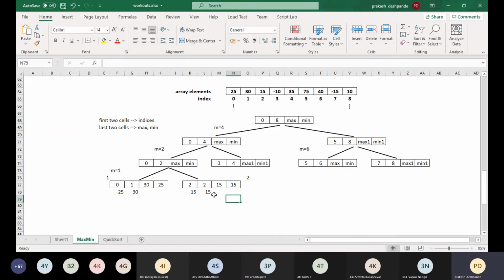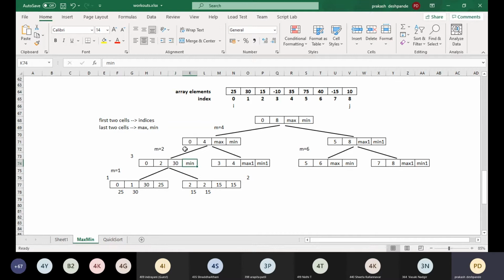What are the index values that we need to solve now? 0 and 2. This particular subproblem we now need to solve because we know the solution of its subproblems here. So next, this particular problem will get solved. Now we need to fill this particular max. For filling this max, we have two values. One is the max, other is the max 1. Max is 30 and max 1 is 15. Between these two, which one is maximum? 30, right? So the max will be taken as 30.